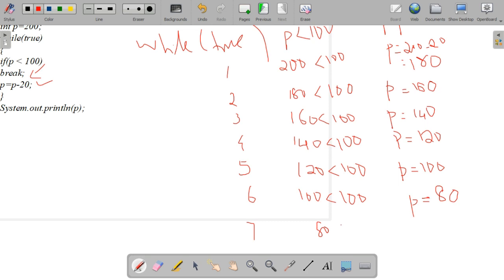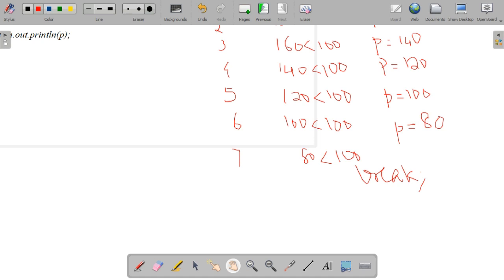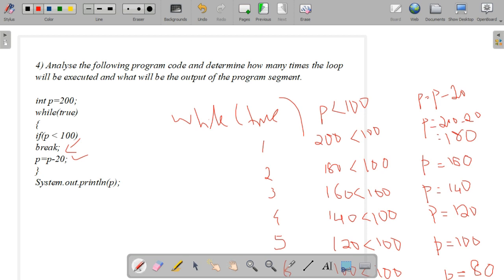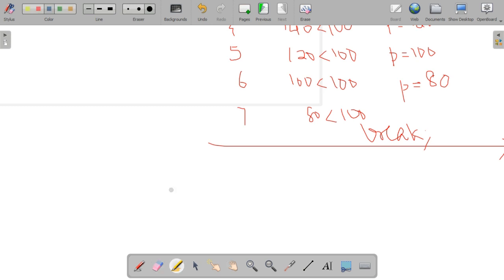P equal to 100 minus 20, that is 80. In the seventh time, 80 less than 100: the condition becomes true and it will execute the break statement.